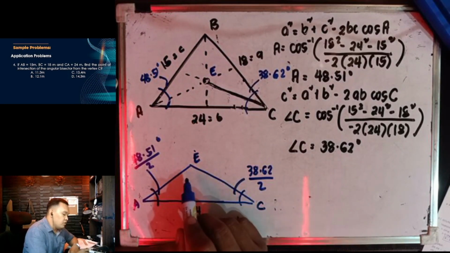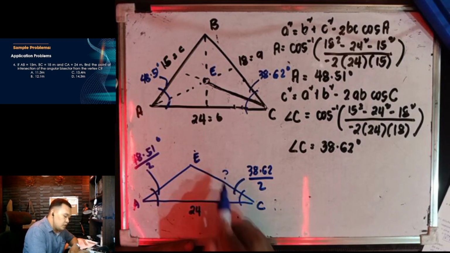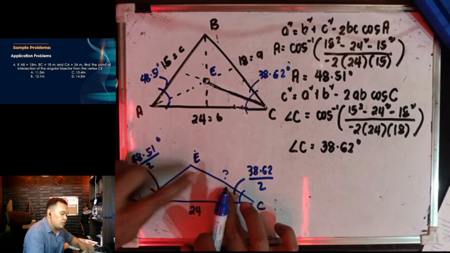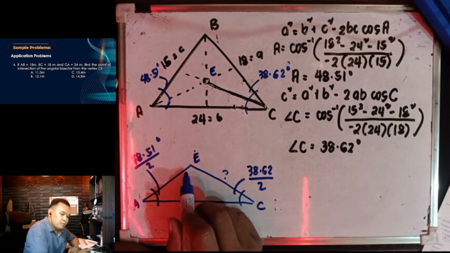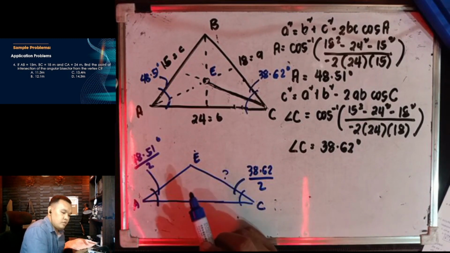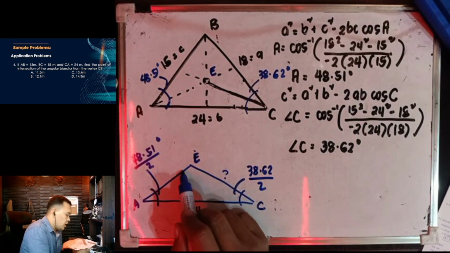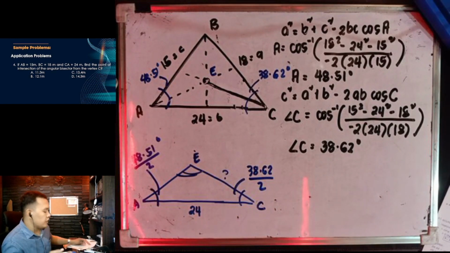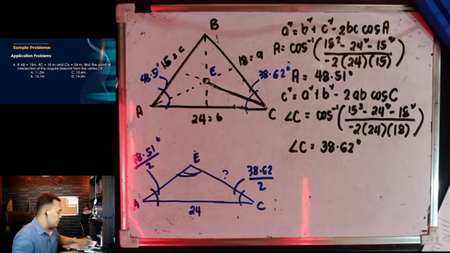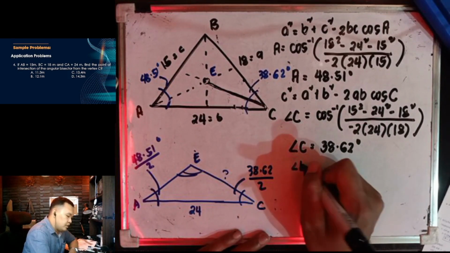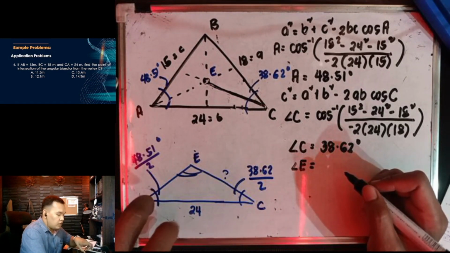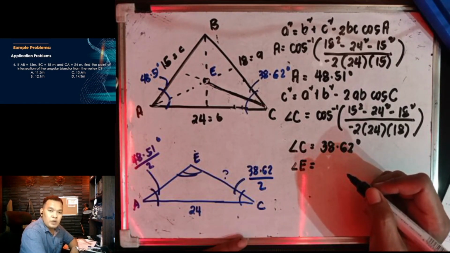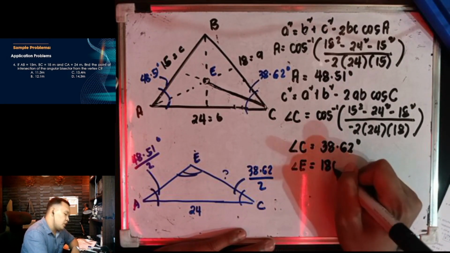So we could get the value of this one, ang pinapahanap. So makakompute natin to kapag nahanap natin yung value ng isang side, no? Kunin natin tong side na to, yung angle na to. Then we could use the sine law, no? Okay. Angle E is equivalent kay, we all know that all interior angles sa loob ng triangle is equivalent kay 180 degrees, tama? So we could say that 180 minus